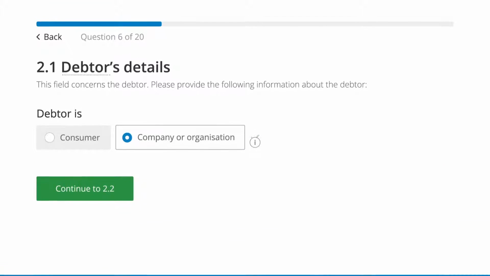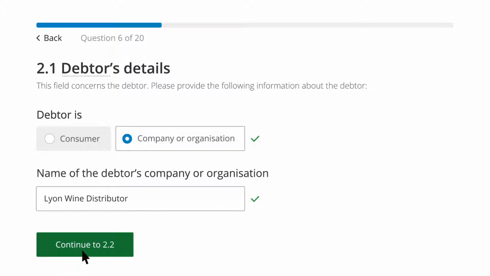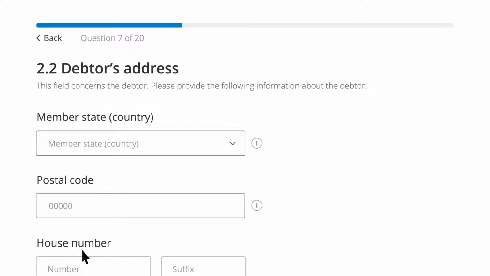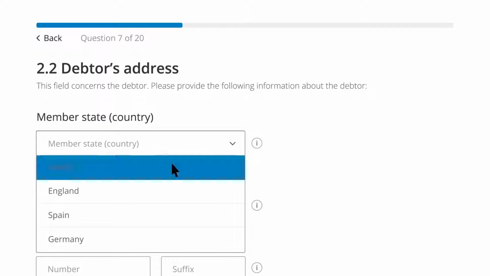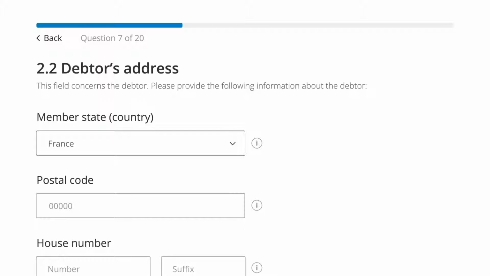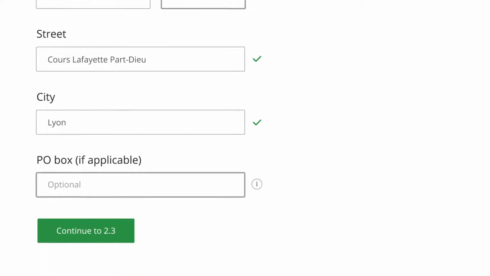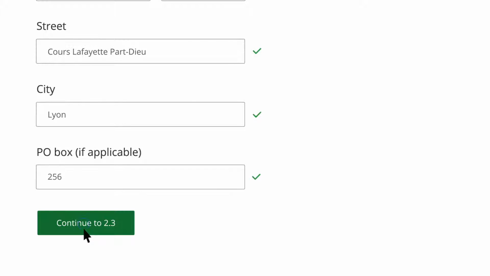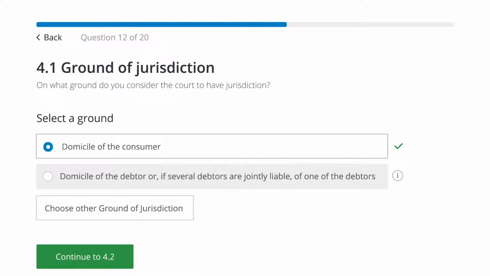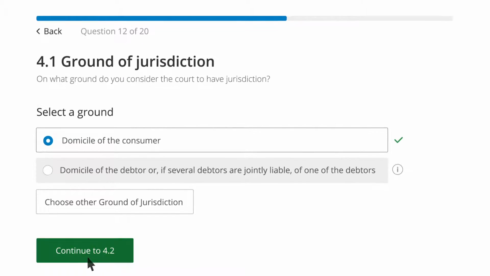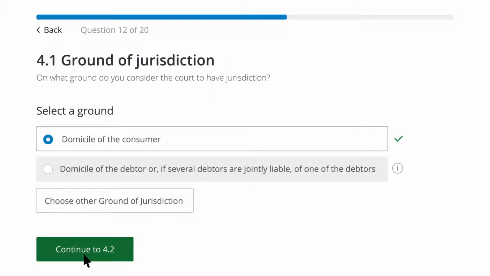By adaptively structuring the question path, the user is only asked relevant questions. Thanks to a multitude of pre-existing databases, there is no need to enter certain data manually. When Peter fills in his country, postal code and house number, the associated street and city come up automatically. The form has the intelligence to suggest which jurisdiction may be applicable to a particular case, based on given entity and country or location. The user, however, is free to select a more appropriate ground of jurisdiction.